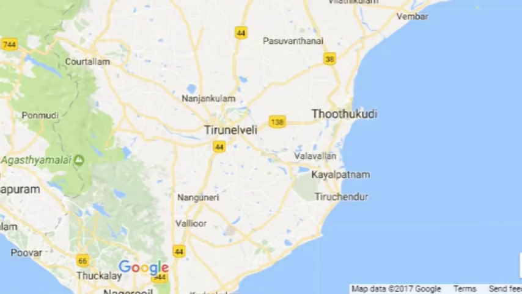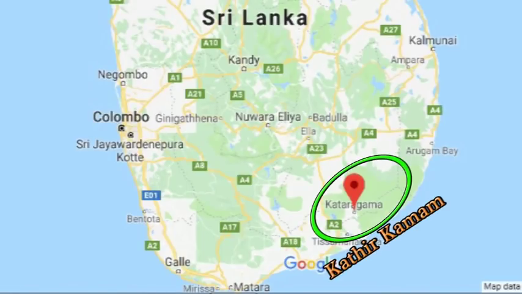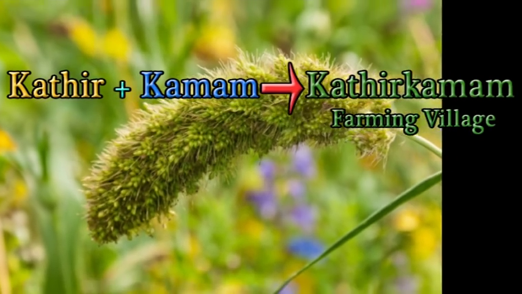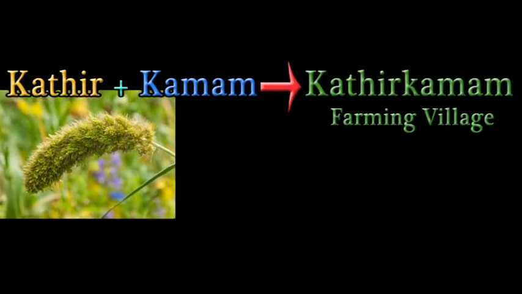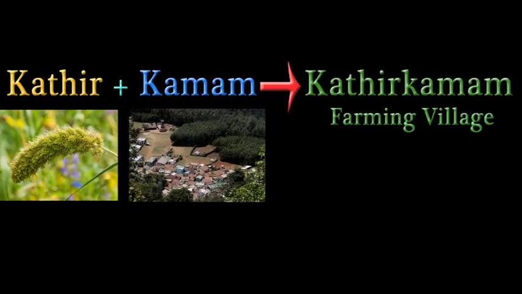Just like Tirunelveli is the first region where paddy cultivation started for the first time in India 5000 years ago, Kadirgamam is a region where agriculture originated first in all the world about 10,000 years ago. Kadir means a panicle and it represents agriculture, and Kama means village in Tamil, and hence Kadirgamam was named after agriculture, with the meaning farming village.